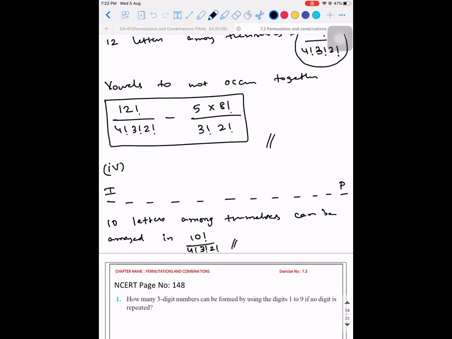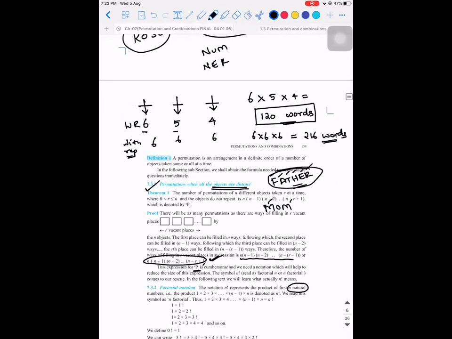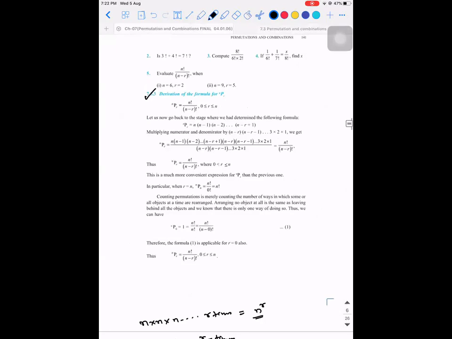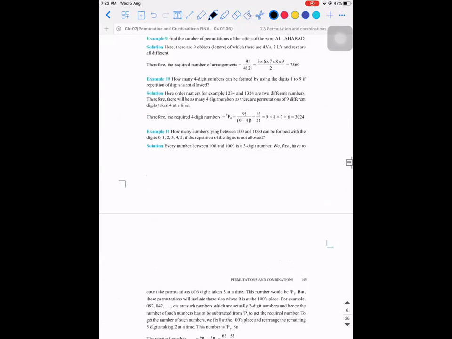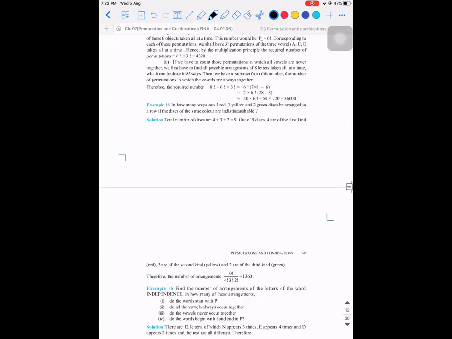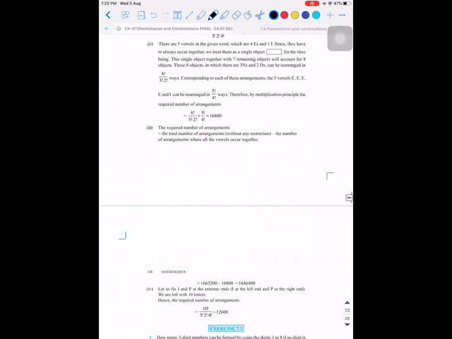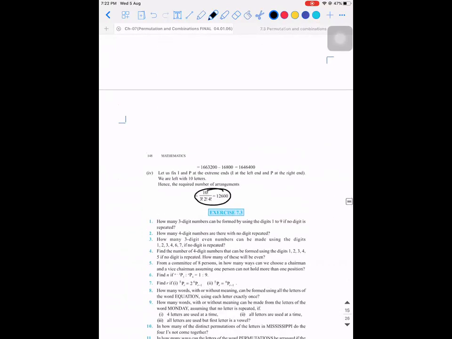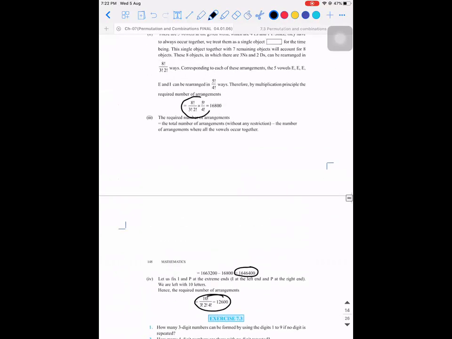So you need to calculate and write it like they expect it. But again, as I told you, it depends on your teacher. For me, if you leave it like this, it is fine. But if the teacher is expecting the final answer, then you do it. Okay.